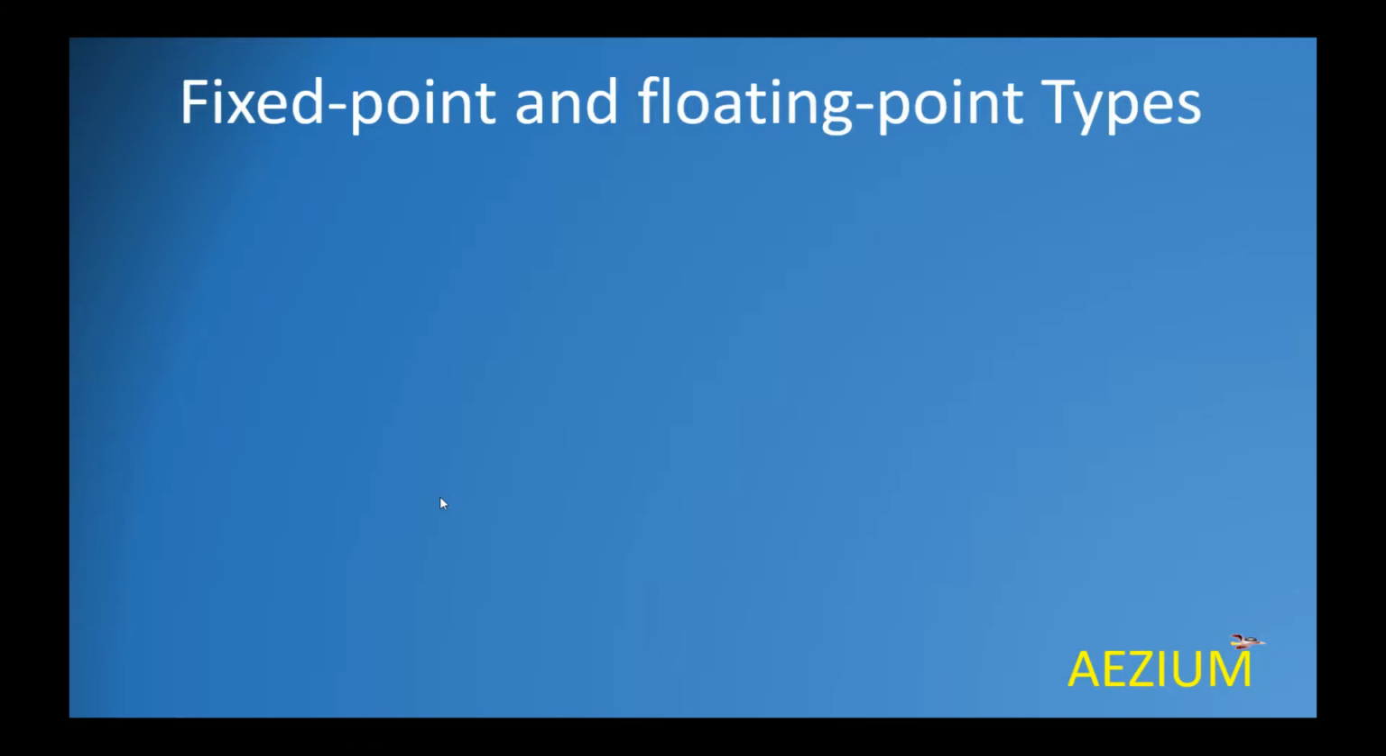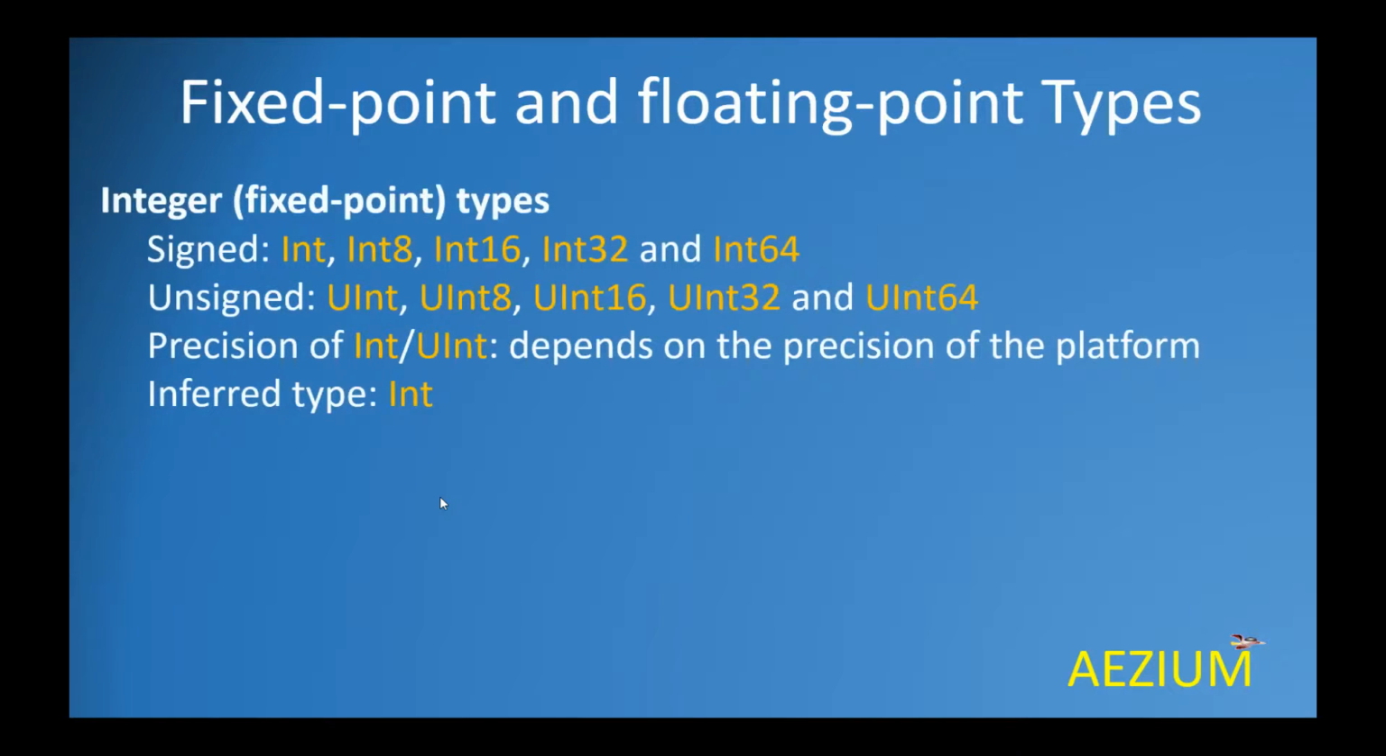Fixed point and floating point types refer to integers and real numbers. We have already seen the type called int in Swift. This is a signed number, meaning negative numbers, 0, and also positive numbers. We also could have different precisions of int,